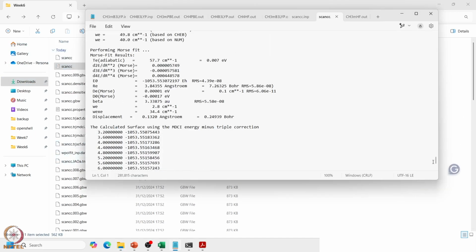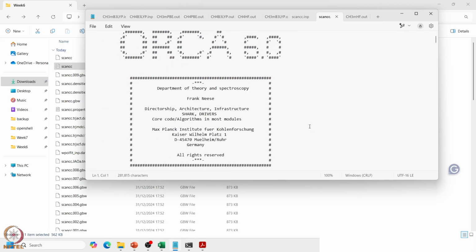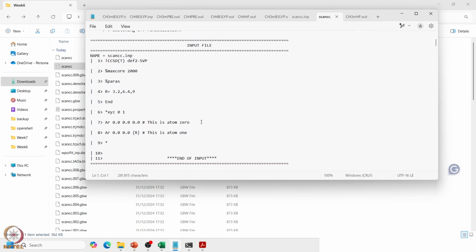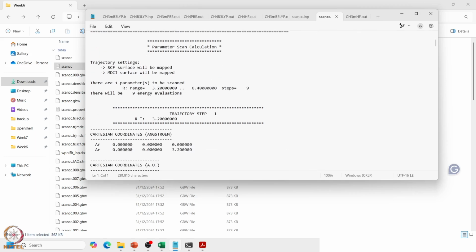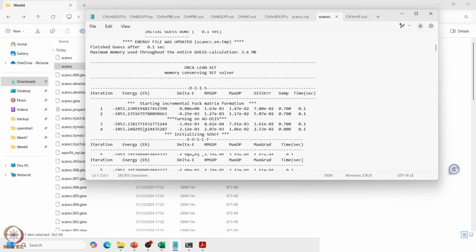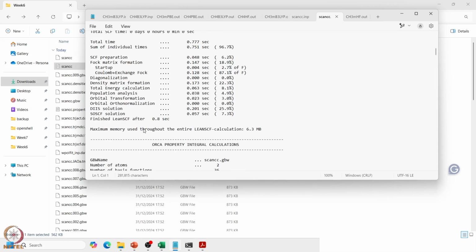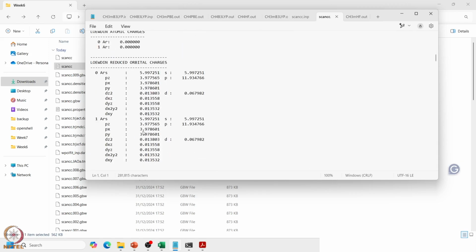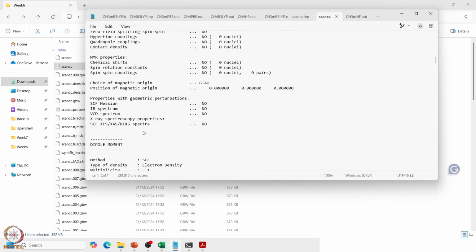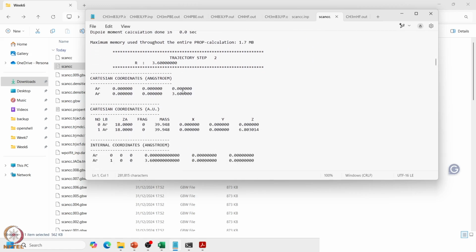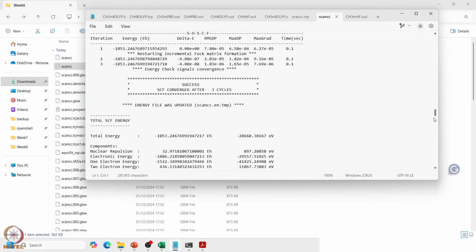and let me start from the beginning, from the top actually. So this is what happens. It takes the trajectory step. From 3.2, it runs the coupled cluster calculation: Hartree Fock, the integral transformation, CCSD(T), the property calculation, and then goes to step 2, 3.6. So it's automatically changing, and